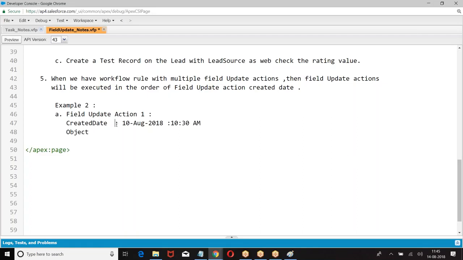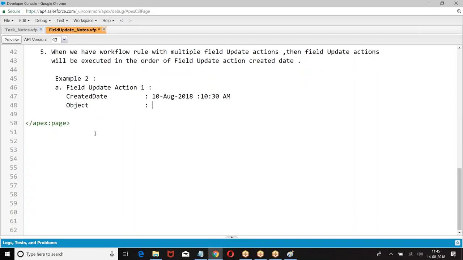Object account, action. Then field description, value.